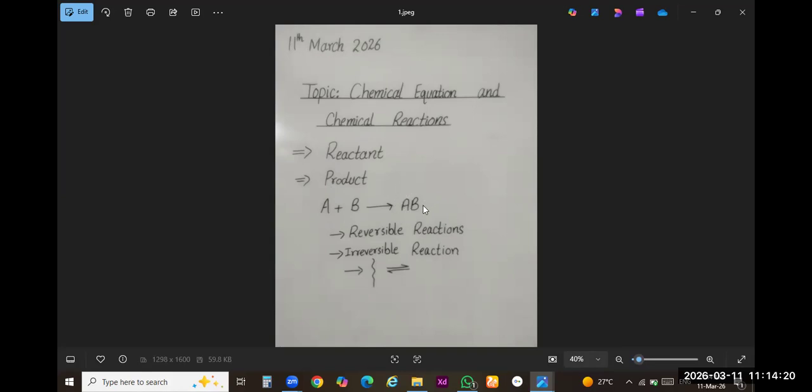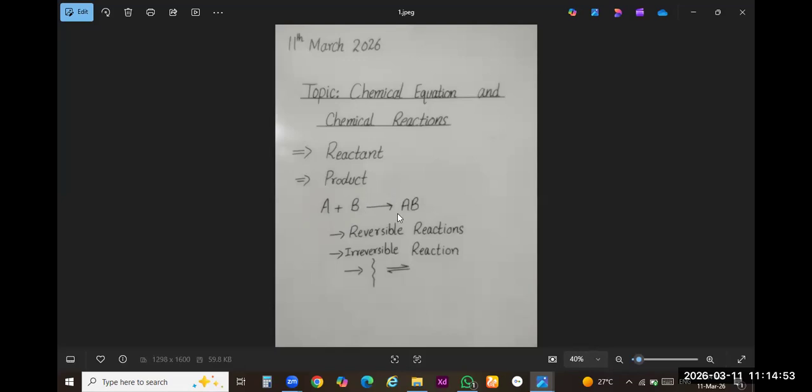I have told you about the example of product like you can say when you add sugar in water and after stirring it will form a juice like structure. Add Tang in water, after stirring it will form a juice. So the new thing which will arise, that is called a product. Secondly, keep it in your mind class, the reactant will be written at left hand side and product will be written at right hand side.